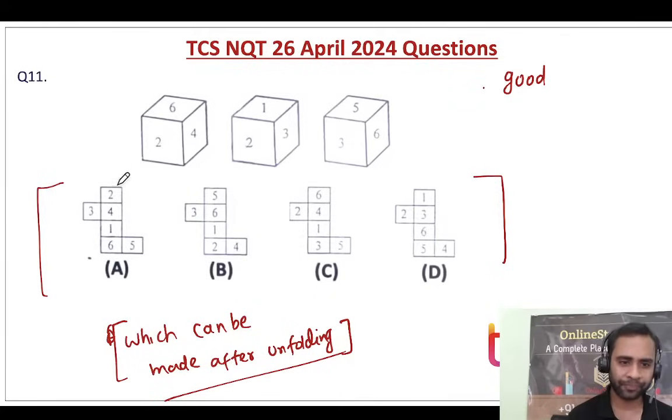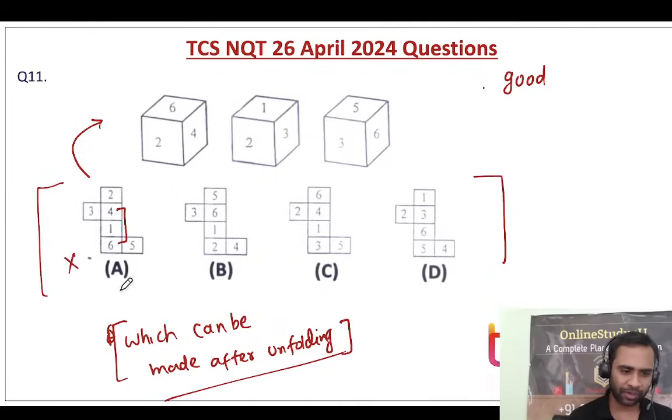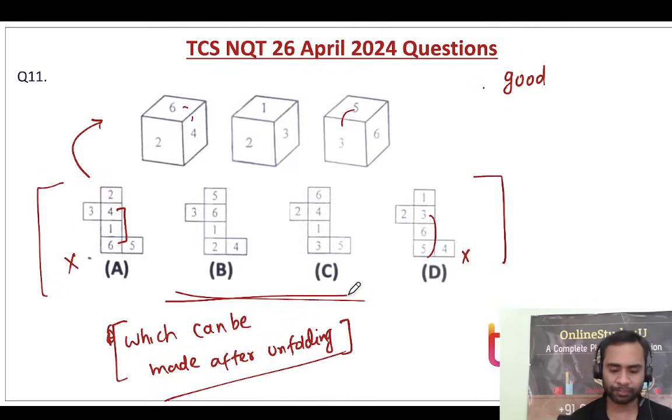So think in a different way. If you are going to fold, then definitely the opposite faces should not be visible. So option A, no, because 4 and 6 are becoming opposite faces. And 3 and 5, option D is also rejected. Now we have two options, B and C.